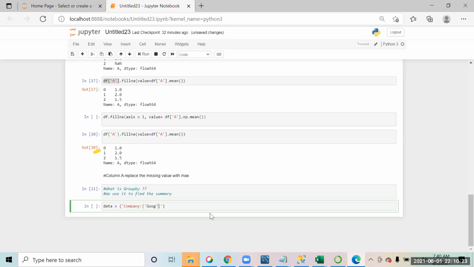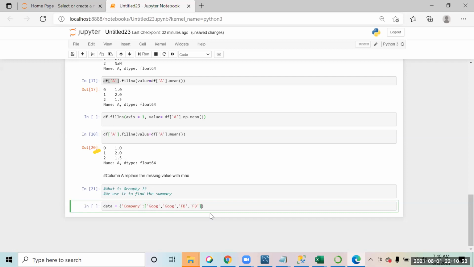So let's take a small example. I have some companies, Google, right? I'm just trying to make a small data set over here. So this is Google. Let's take Facebook, FB. You have to put an apostrophe after.